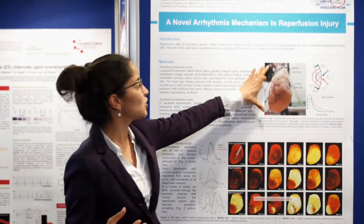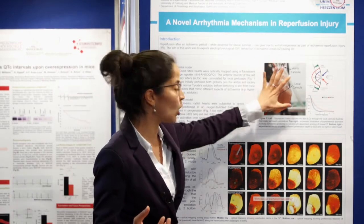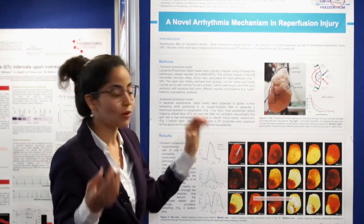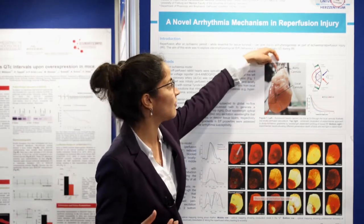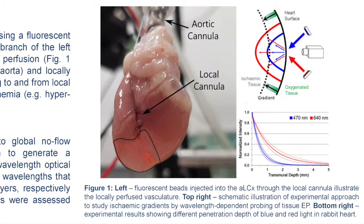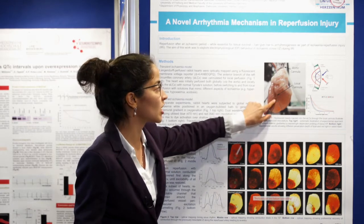So, what we do is we Langendorff perfuse rabbit hearts. We load these hearts with a fluorescent membrane voltage reporter. We have an aortic cannula to globally perfuse the heart, and we have a local cannula through the anterior branch of the left circumflex coronary artery to locally perfuse the heart. At the beginning of our experiments, we're perfusing with normal Tyrode solution, and then later in our experiments, we start to perfuse through the local cannula